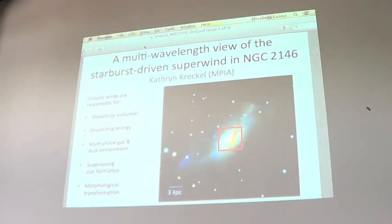So I was looking at the starburst-driven superwind in NGC 2146. We're taking sort of a multi-wavelength approach to look at the different phases of material in the wind. So I don't need to convince people at this conference that galactic winds are interesting, but I just wanted to